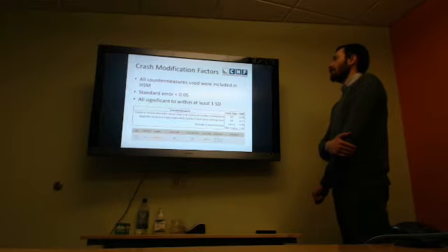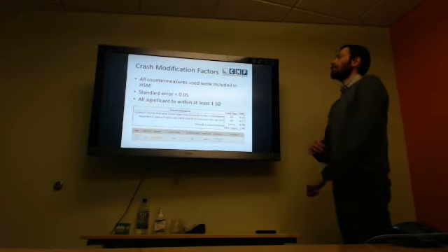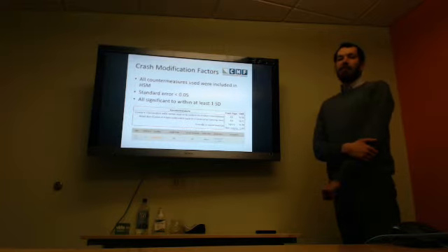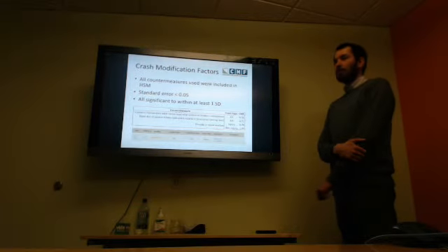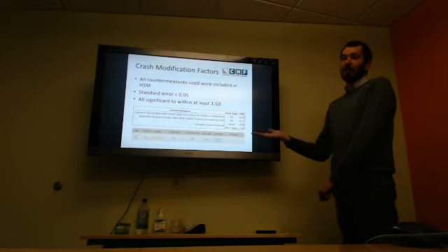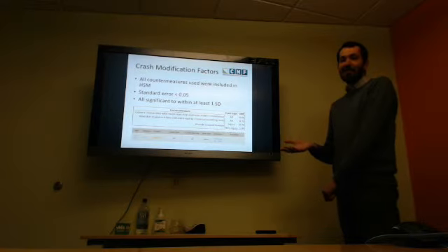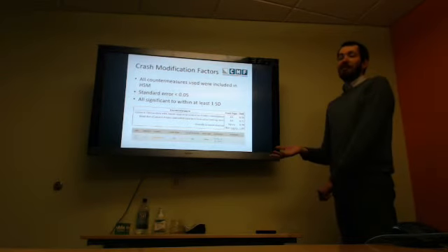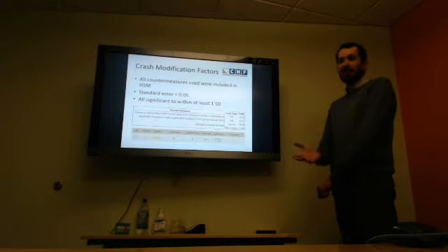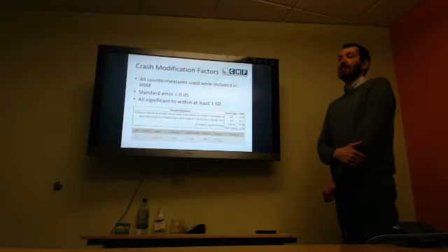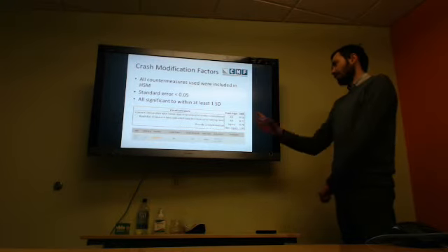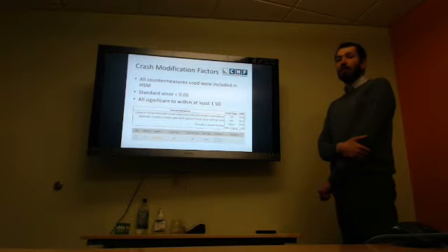So below, you can see the 3 countermeasures I looked at. The first is converting the two-way stop-controlled intersection to a roundabout. Granted, it's not a perfect comparison. It's a two-way stop control now, but it's kind of a crazy layout. If anything, it probably has more crashes than a standard two-way stop just because it's such a crazy intersection. But anyway, just for the sake of this project and not having any more data available, I assumed that we use that, which has a CMF of 0.56, which means there's an estimated 44% reduction in the number of crashes,